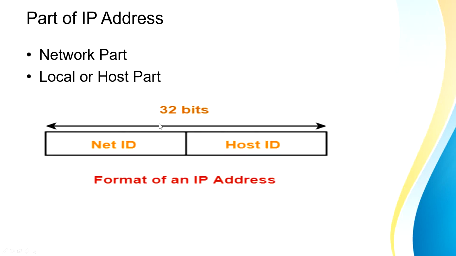This IP address now is divided into two parts, a network ID and a host ID. So as an example, suppose now you know my name is Atiya Kazi and I am from Ratnagiri. So Atiya Kazi is my host ID and Ratnagiri is my network ID. So it's just a way for machines to remember whom they belong to. Every machine will have its own host ID, and which network it belongs to, that will be shown by its network ID.